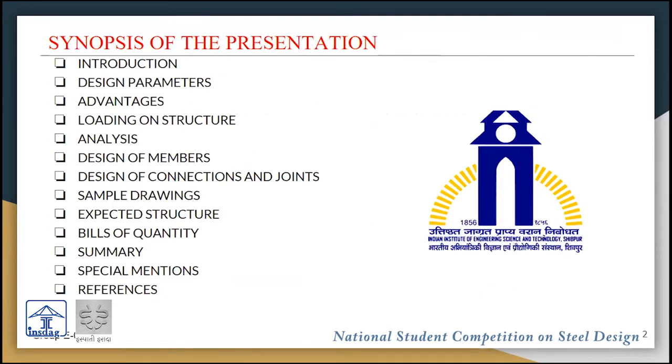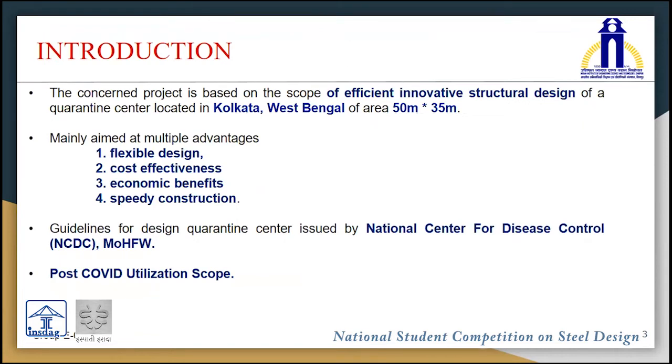The talk is divided into four major aspects. The first is introduction and features. The second one is the structural arrangement, drawings, and analysis, followed by the design components, and finally the work plan and cost calculations. The project is designed in an area of 50 meters by 35 meters, having the advantages of